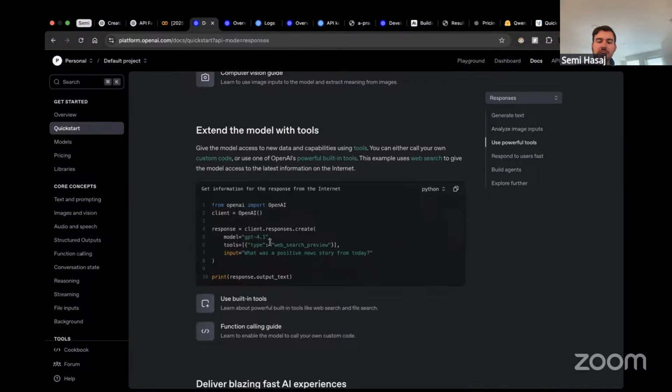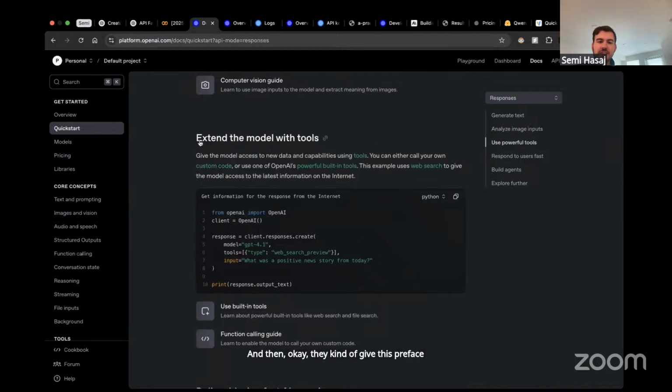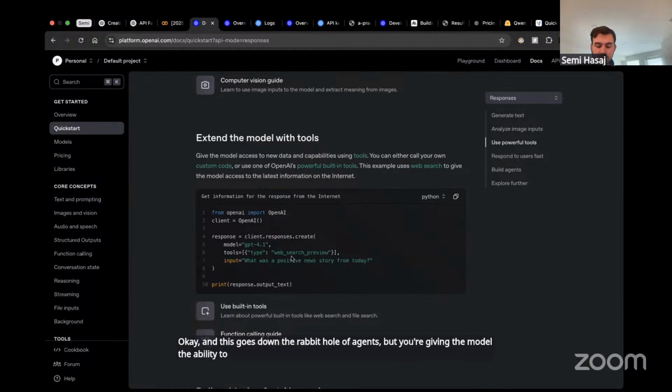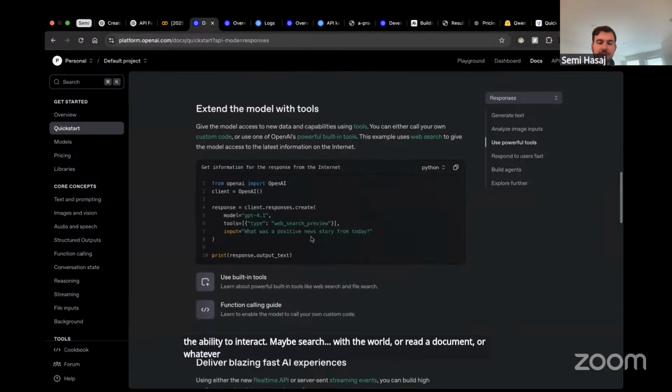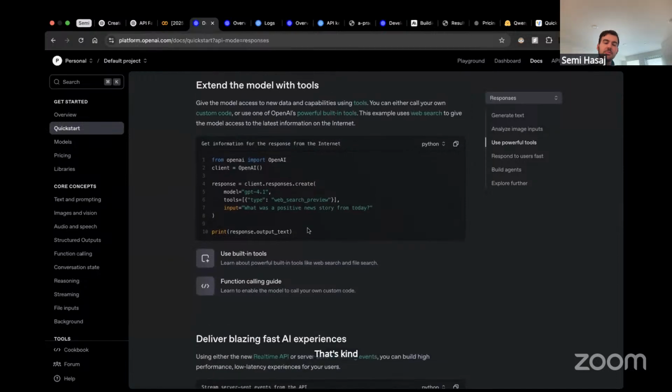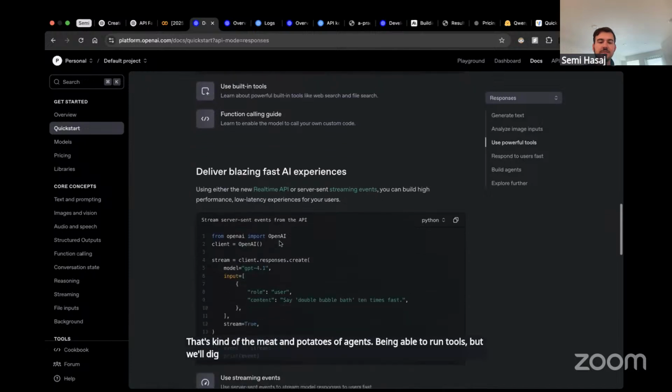And then they give this preface of extend the model with tools. This goes down the rabbit hole of agents, but you're giving the model the ability to interact, maybe search with the world or read a document or whatever it might be. That's the meat and potatoes of agents being able to run tools, but we'll dig into that later.